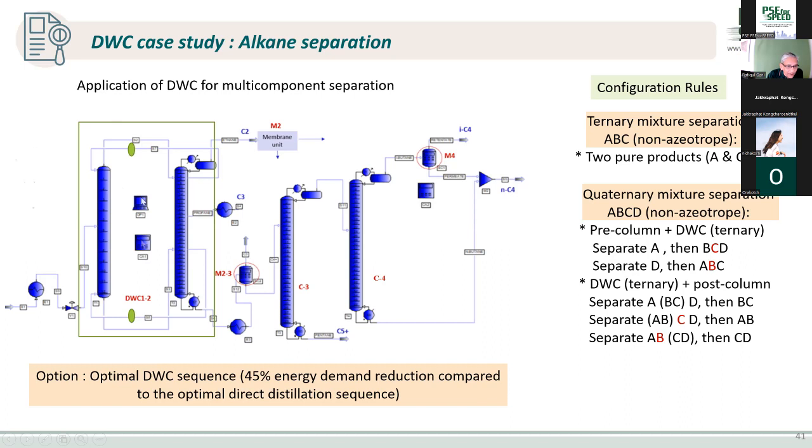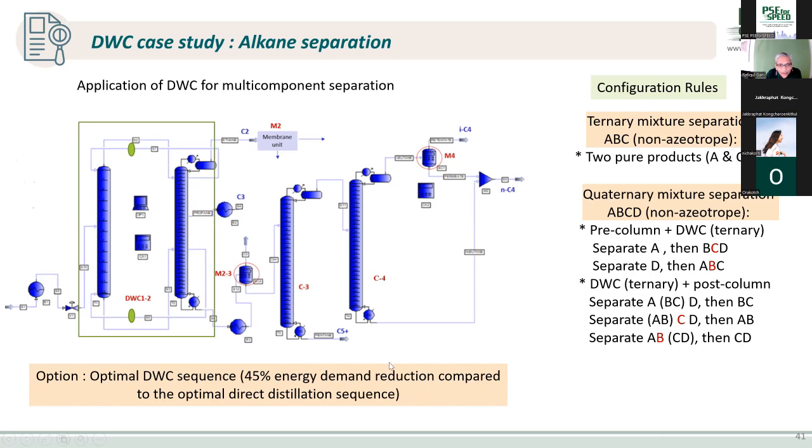So the simulation and the design and the starting up is a little bit difficult, because one has to be sure that one is starting from a stable condition, meaning that these flow rates are higher than the minimum. And it can take a little bit time in actual operation for it to come to steady state. But once it is at steady state, this configuration will give 45% less.